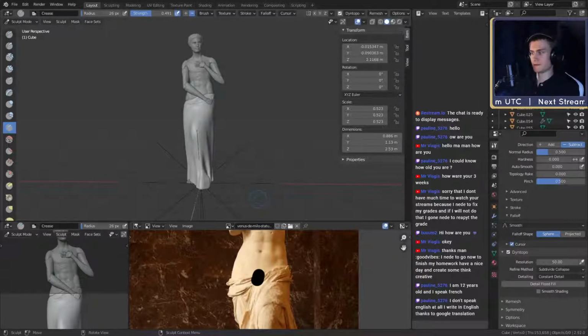I can't really see what it looks like from the pictures I have right now. What is she called again? Venus statue. Yep, Venus statue back, I guess. Oh, that looks pretty good. Aha. Perfect.